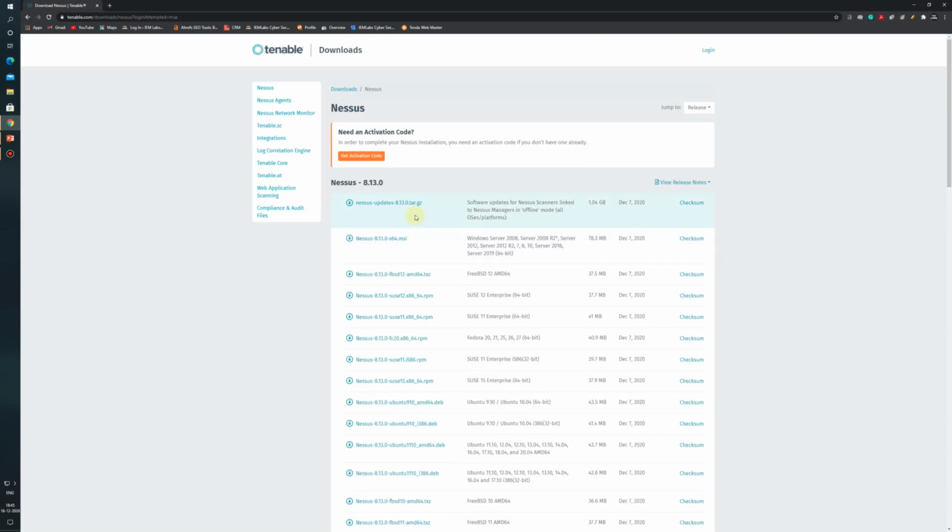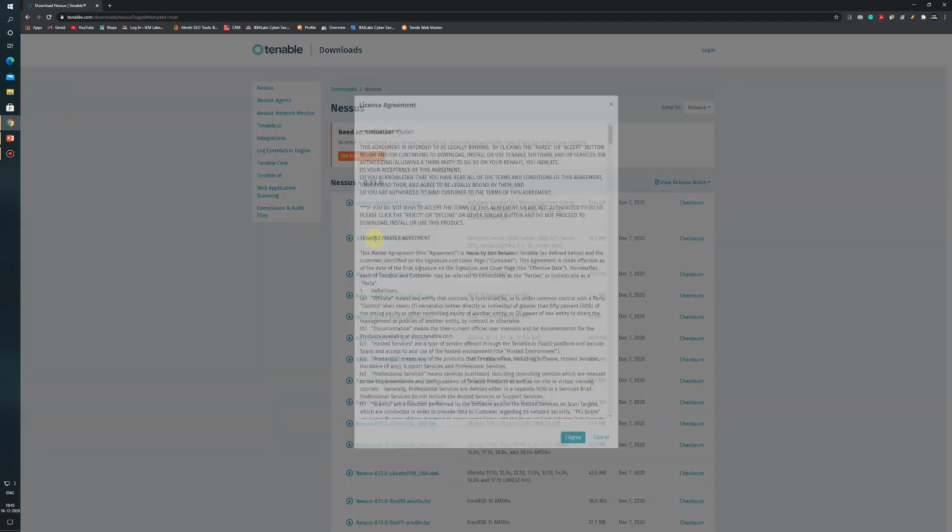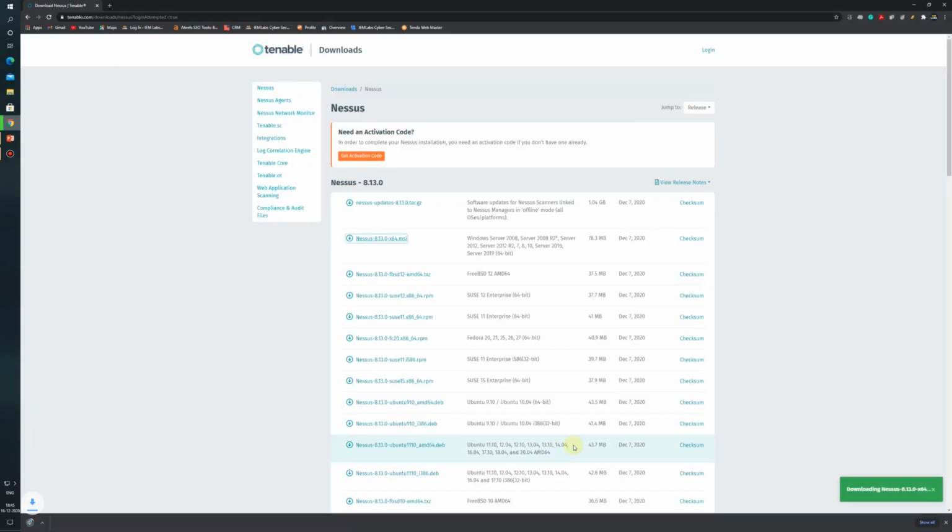If you are using a Windows based system, you need to download this file. My system is 64-bit Windows 10, so I will download this file. You can download the file according to your system configuration. This is a small file, about 78.3 MB, so it will not take much time to get downloaded. Once the file gets downloaded, I will double click on the setup file